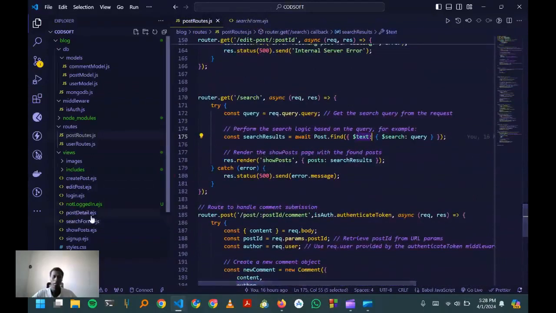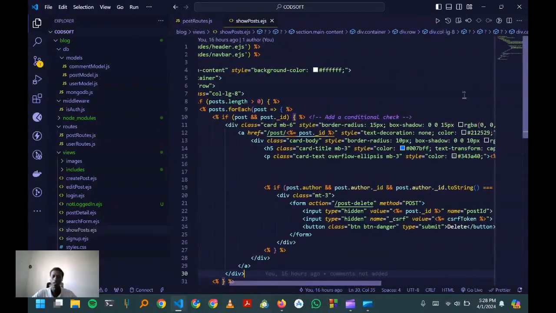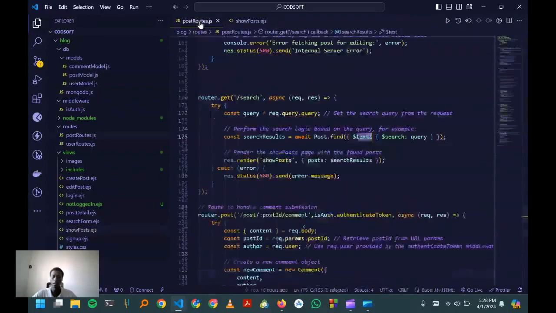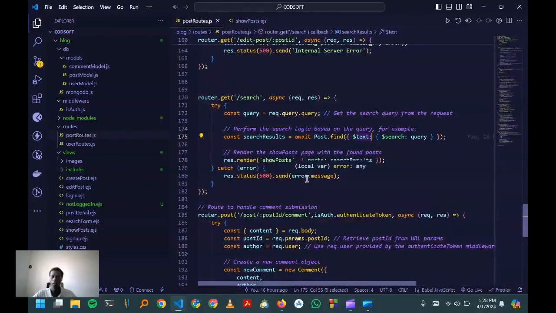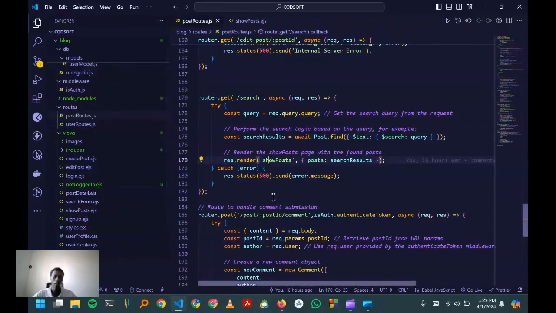The home page is basically just this show posts view, which iterates over all the posts that are present using EJS as a view template. So all this does is search for the text, any post containing that text, and return it to the same homepage. And yeah, I think that's basically the most important parts of my